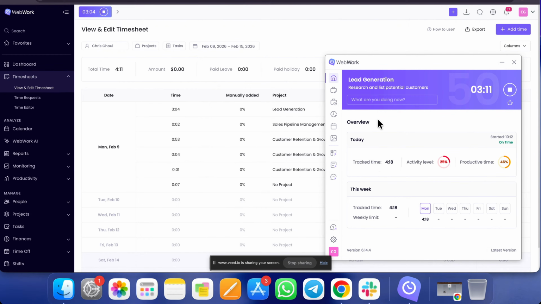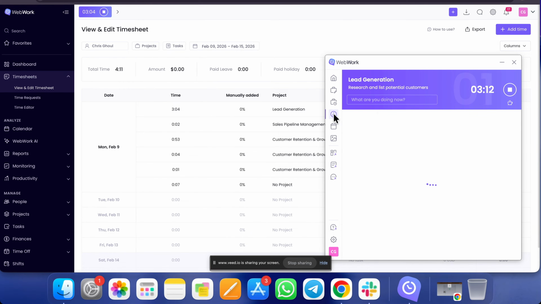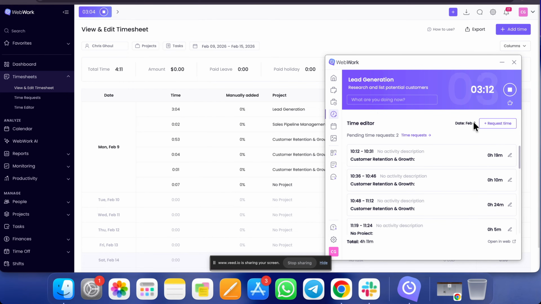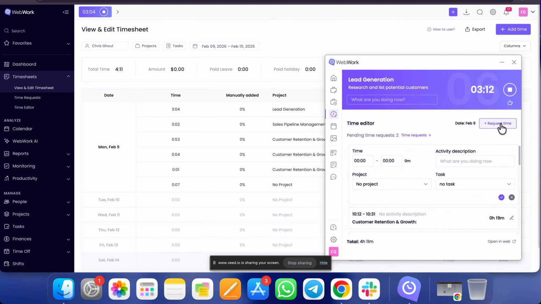And in order for us to add or request time through the desktop application, you simply have to navigate to the fourth tab within the app, which says Add and Edit Time. Then simply click on request time, and it's going to show you a small window that says specify the time